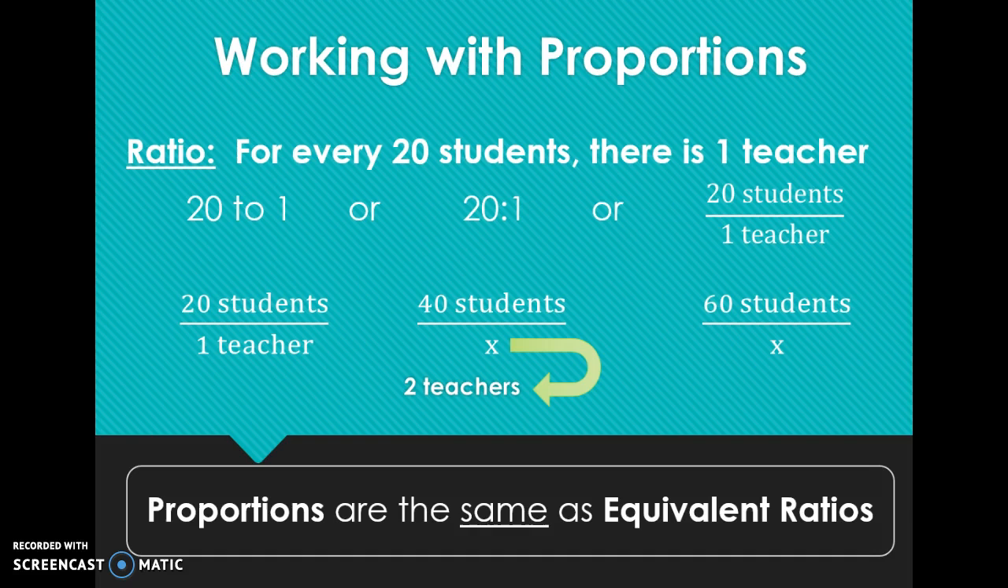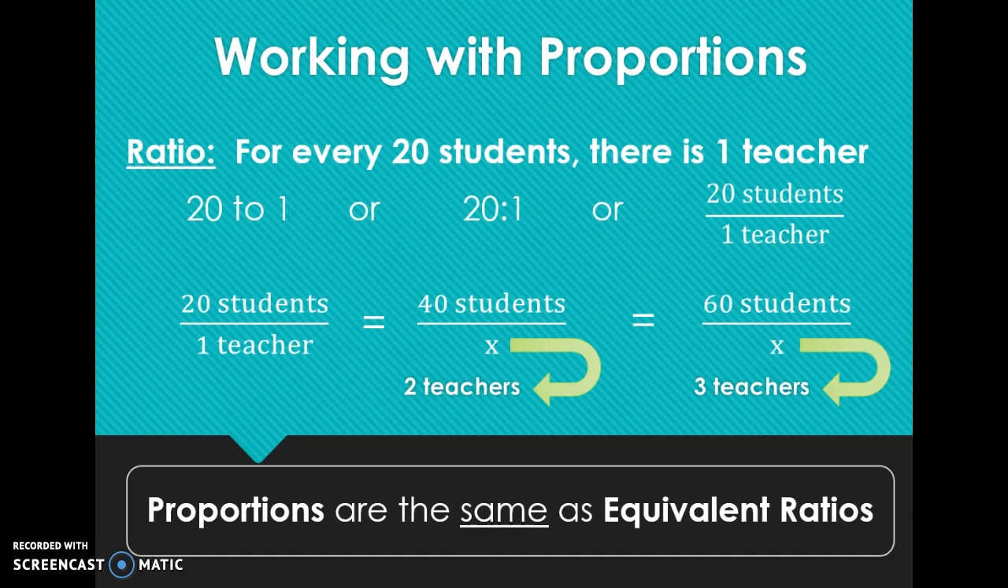Then you'll do the same thing and you say, okay, if I have 60 students, how many teachers will I need? If I look at the original 20, I know that 60 is 3 times that amount, so then I would need 3 teachers. And we showed you early this year, and we're going to talk about it more again,